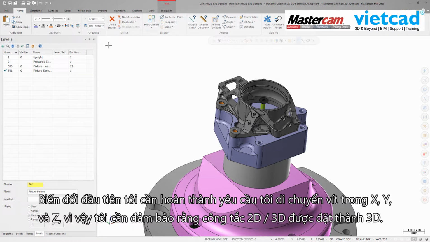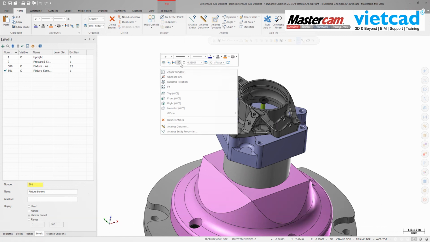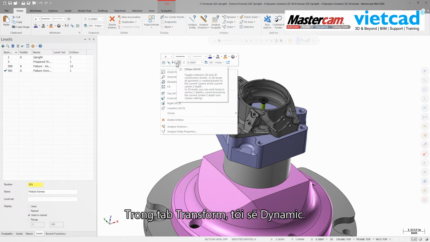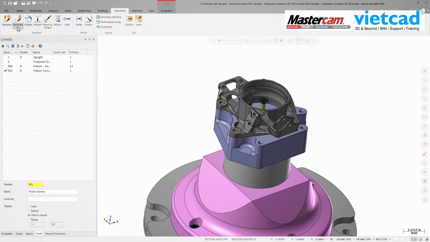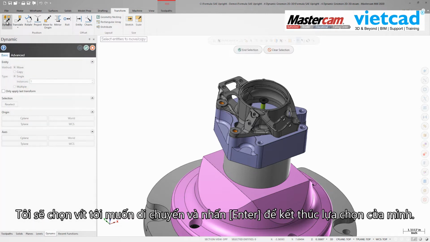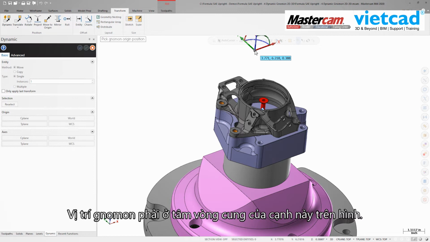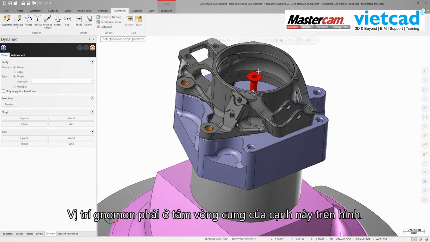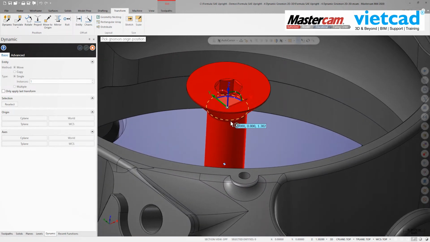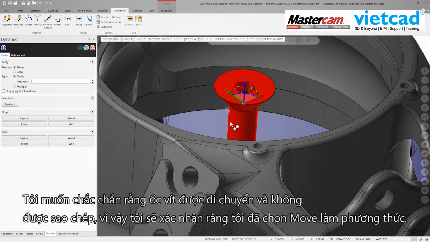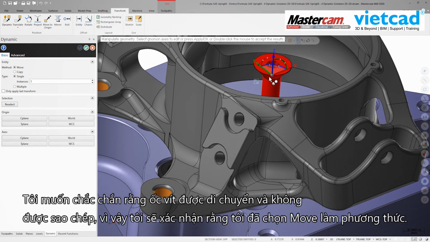so I need to make sure the 2D, 3D switch is set to 3D. In the Transform tab, I'm going to select Dynamic. I'll select the screw I want to move and press Enter to end my selection. The Gnomon position should be at the arc center of this edge on the geometry. I want to make sure the screw is moved and not copied, so I'll confirm that I've selected Move as